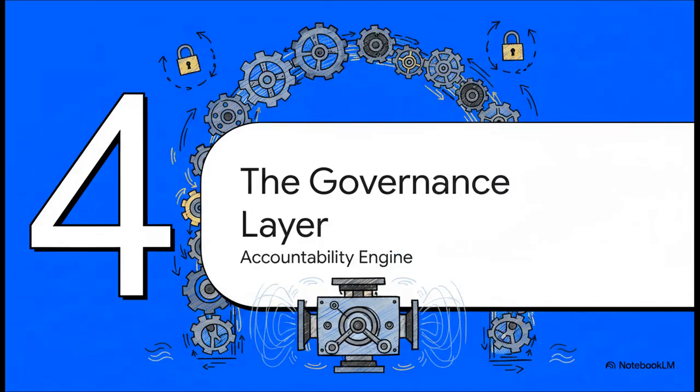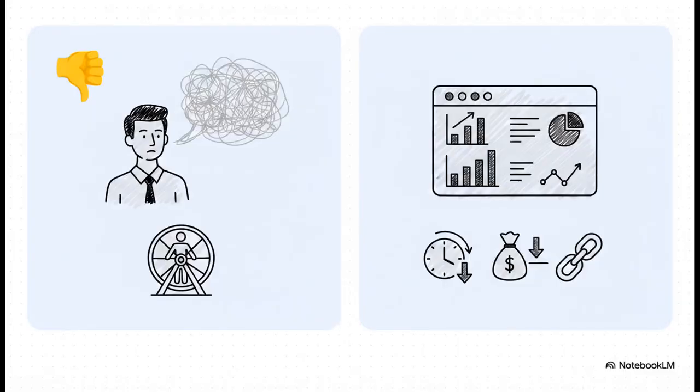All right, on to our final section, part 4, the governance layer. Think of this as the accountability engine that makes the whole system stick. This is what turns these rules from a nice idea into the way things are actually done around here. This slide shows a massive shift in how we talk about progress. We get away from vague stories about how we're making good progress or working hard. Instead, reporting becomes data-driven. We're talking KPIs. And most importantly, we focus on the exceptions. What's late? What's over budget? What's at risk? That's what actually needs the group's attention.